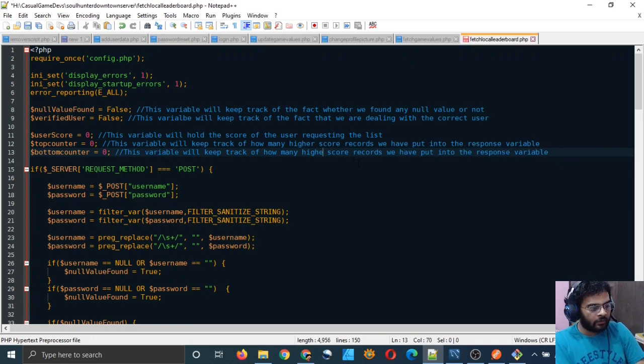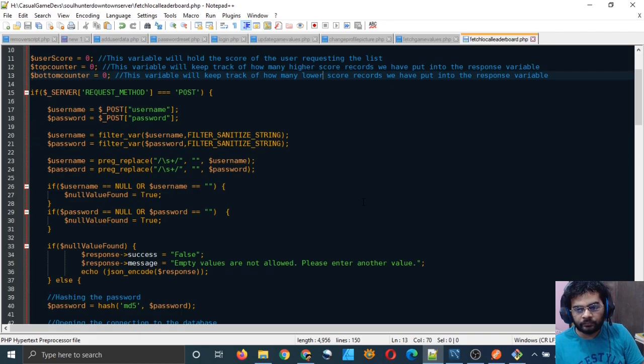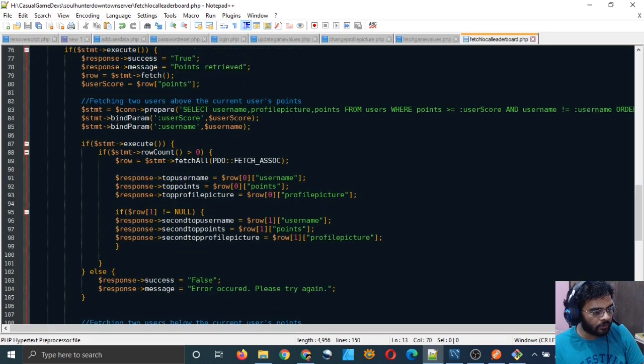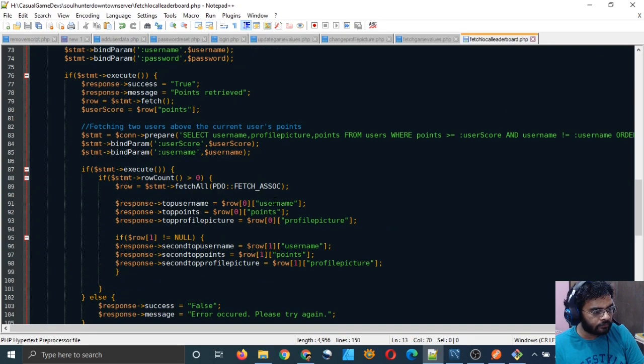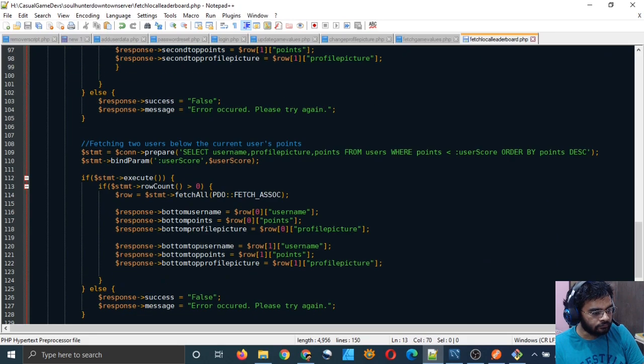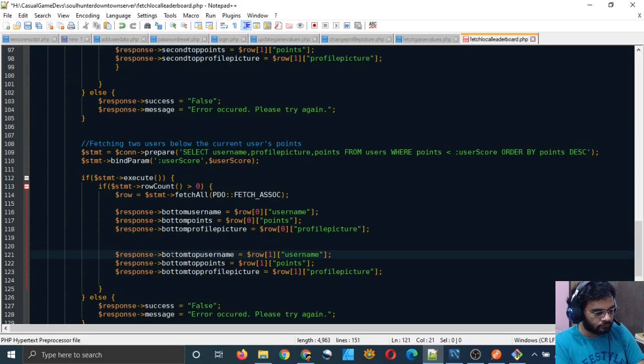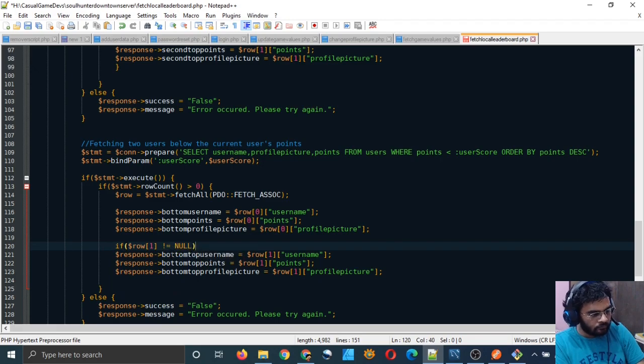And this is the lower scoring, because this is top counter and bottom counter, and we will increase these counters as we fetch the records.